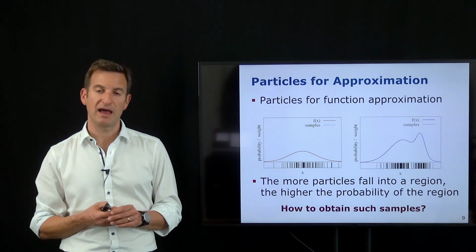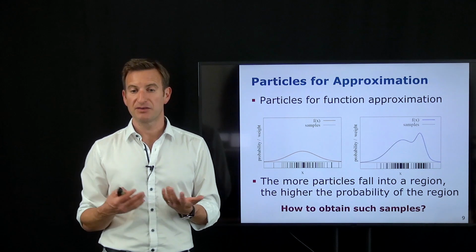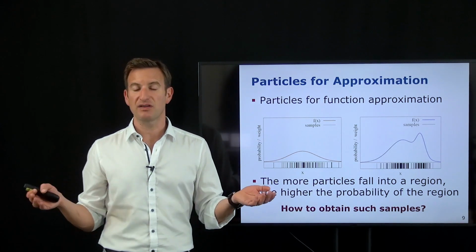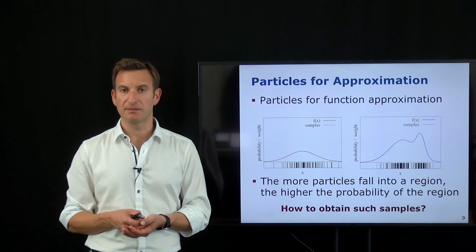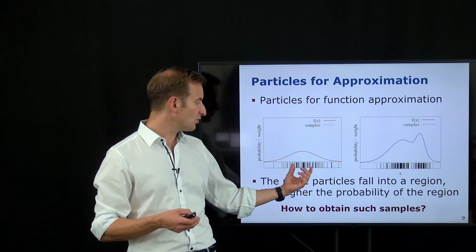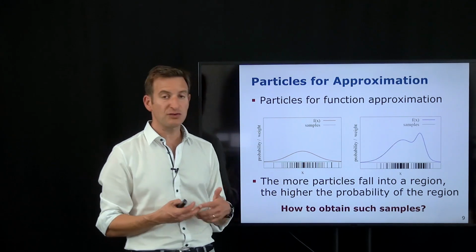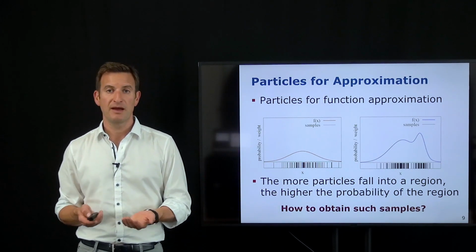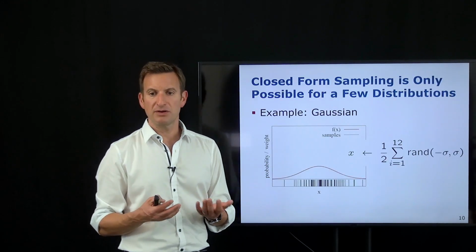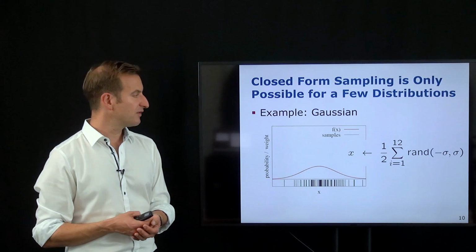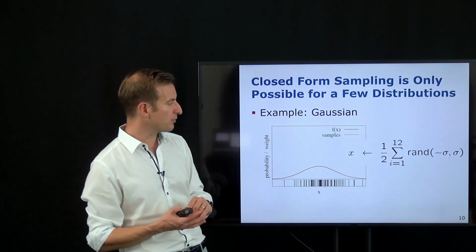Let's restrict this to that. If we have a uniform distribution, that means every state has the same probability, then it's just the uniform random number generator that we have in our computer. If we have a Gaussian distribution, not every number occurs with the same probability, so I must be closer to the mean to increase the probability that this sample is actually generated. There are rather simple ways for sampling random numbers from a Gaussian distribution. Again, this is an approximation.